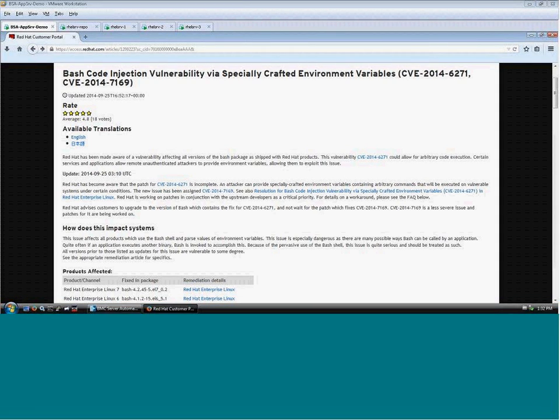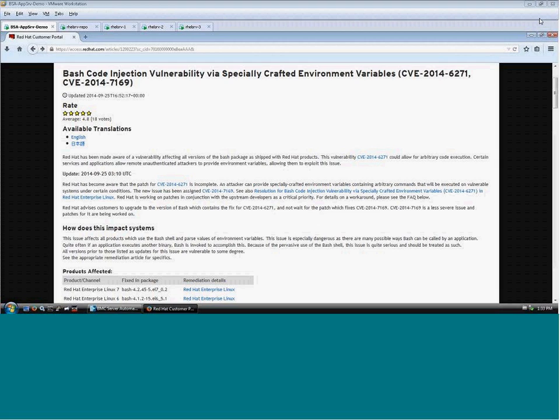A vulnerability has been identified in the public. It's being referred to as the Shellshock or bash code injection vulnerability, and it seems to affect the bash package specifically across a variety of Linux platforms. In a few minutes, I'll provide a demonstration for those customers that are running BMC BladeLogic server automation within their